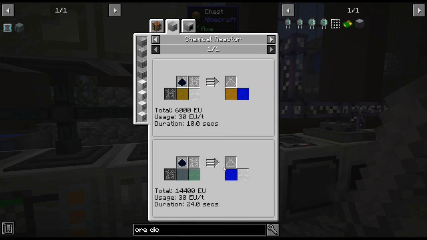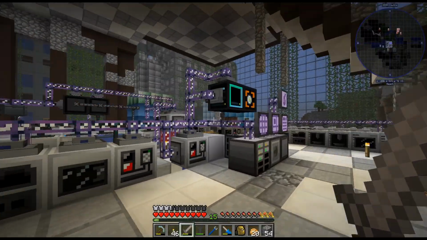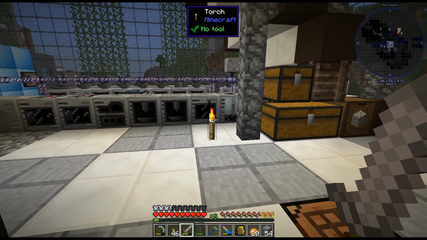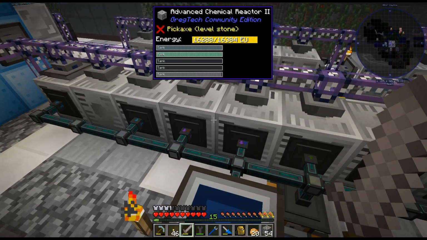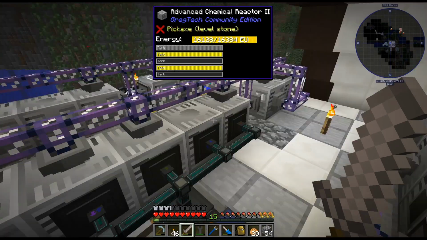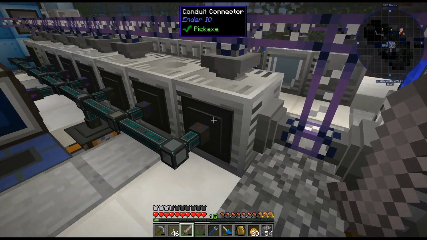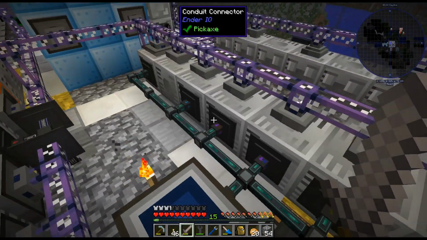So yeah, I am pretty happy with that. It does use a lot of naphtha and oil, but really, they're infinite resources, pretty much. So that's kind of what I worked on a little bit. I have a fluid interface here because I needed to get the salt water and the hydrochloric acid in. There also is diluted hydrochloric acid on this one, but I have the fluid import bus there, because I could do